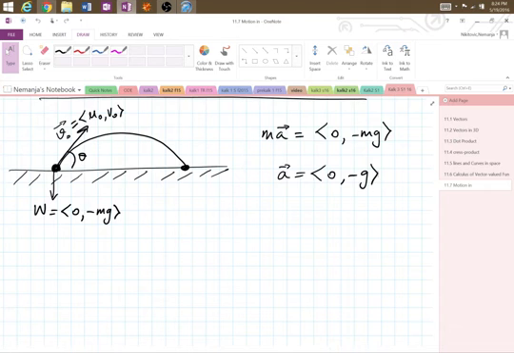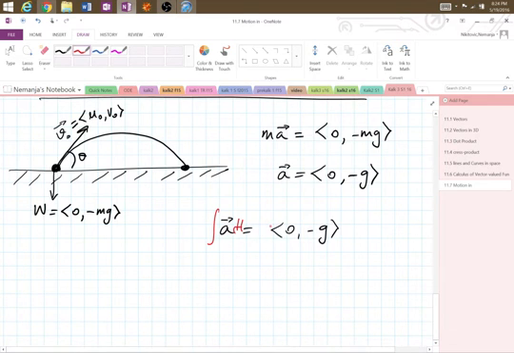Now, what do we know in life for these things? We know that if we have an acceleration vector, we can integrate that acceleration vector and get the velocity vector, and then we can integrate one more time to get the position vector. So if I start with the acceleration vector, which is given as 0, negative g, and I integrate both sides with respect to dt,